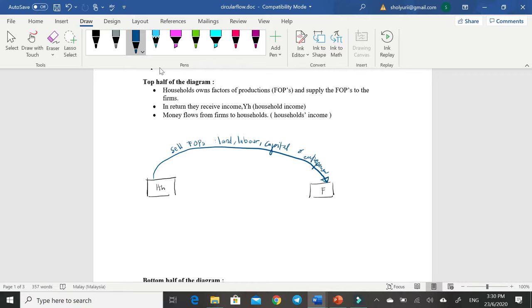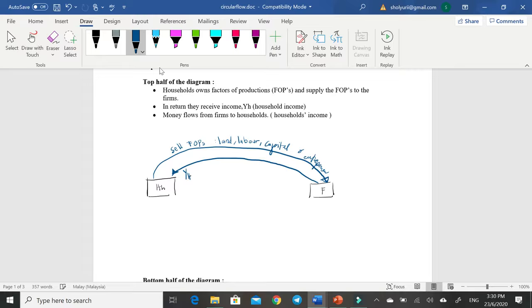Okay, nama pun sell kan, firm kena bayarlah sebab household jual. Jadinya anak panah keluar daripada firm. Kepala anak panah tu kena betul. Dia keluar daripada household, masuk ke firm, keluar daripada firm, masuk pada household. So inilah bayaran yang firm akan buat. So ini akan menjadi